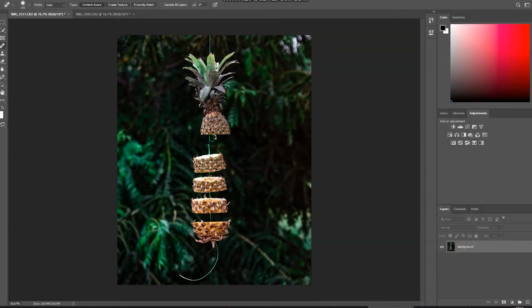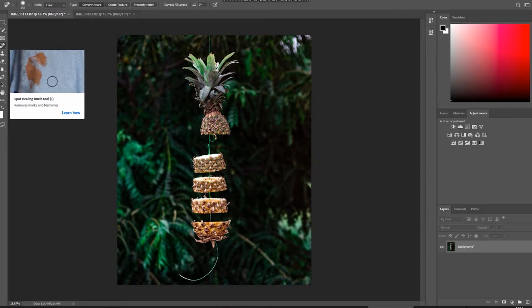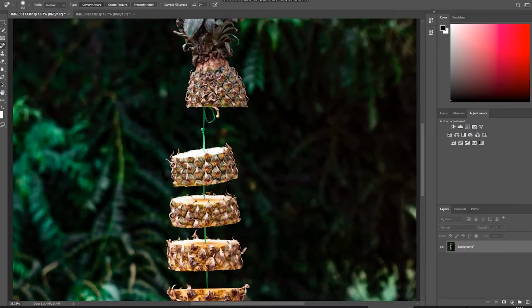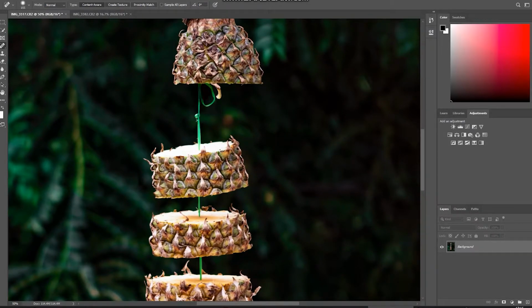Okay, so now we are in Photoshop, and the first thing that I'll do is select the spot healing brush tool, which can be seen as a band-aid marker in the left-hand side tool panel, and I'll start healing the spots that I want to remove from my picture. Here in this picture I want to remove the visible ropes. As you can see, I have started removing it from the top. I have zoomed in on the picture and now I will just be brushing over the portion that I want to remove. In this case you can see the green colored rope is right over there, and I will be removing it one by one from all the portions.